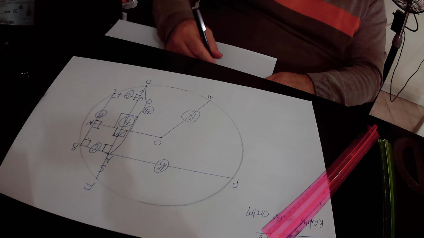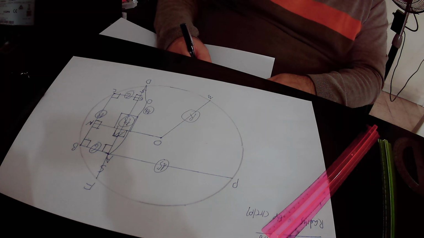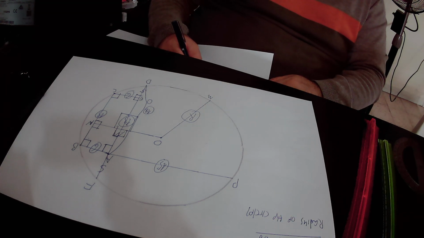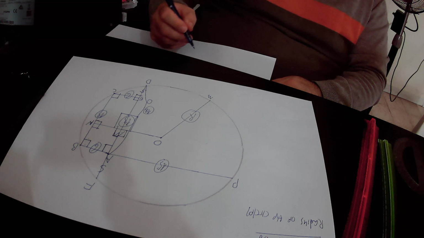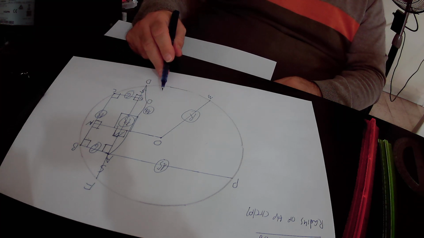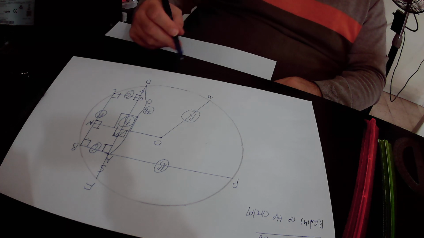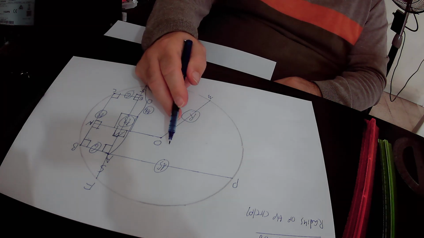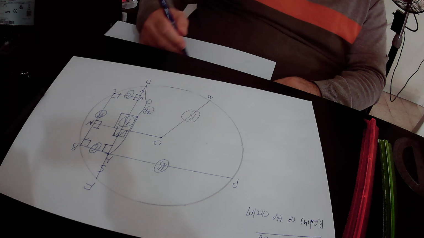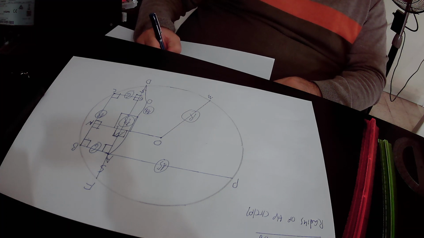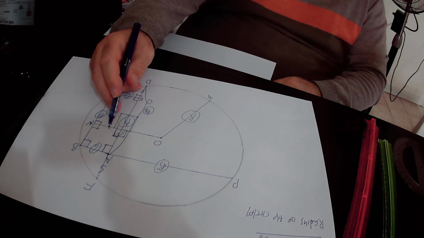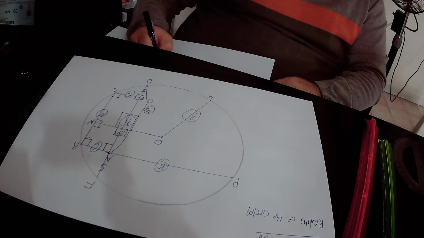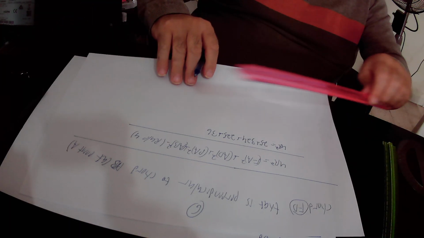So 4R square equals FA square. FA equals 5, therefore FA square equals 5 square, that is 25, plus AD square. AD equals 18 units, therefore AD square equals 18 square, that is 324, plus PA square. PA equals 15, therefore PA square equals 15 square, that is 225, plus AB square. AB equals 6 units, therefore AB square equals 6 square, that is 36. So in conclusion, we found out that according to rule number 4,